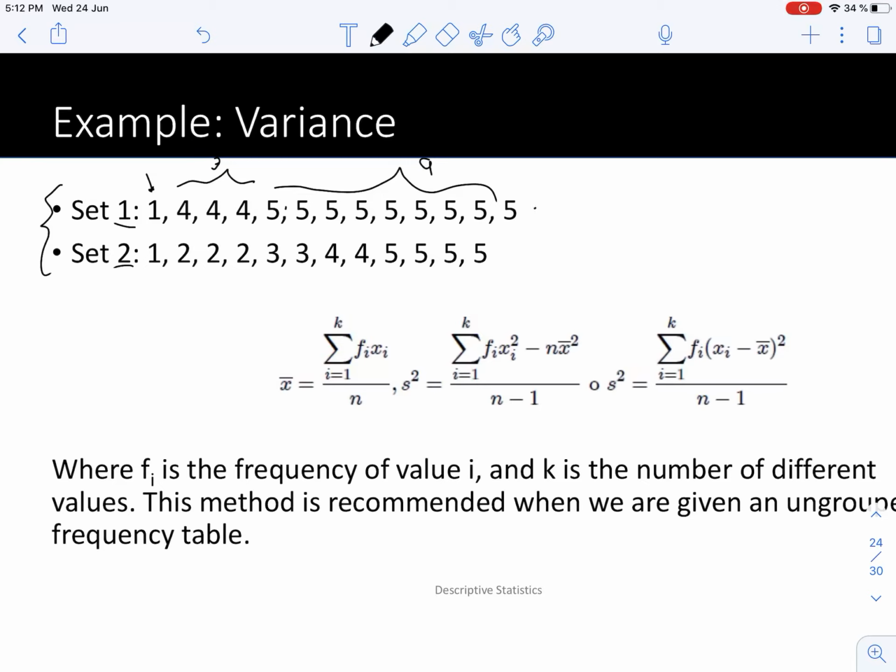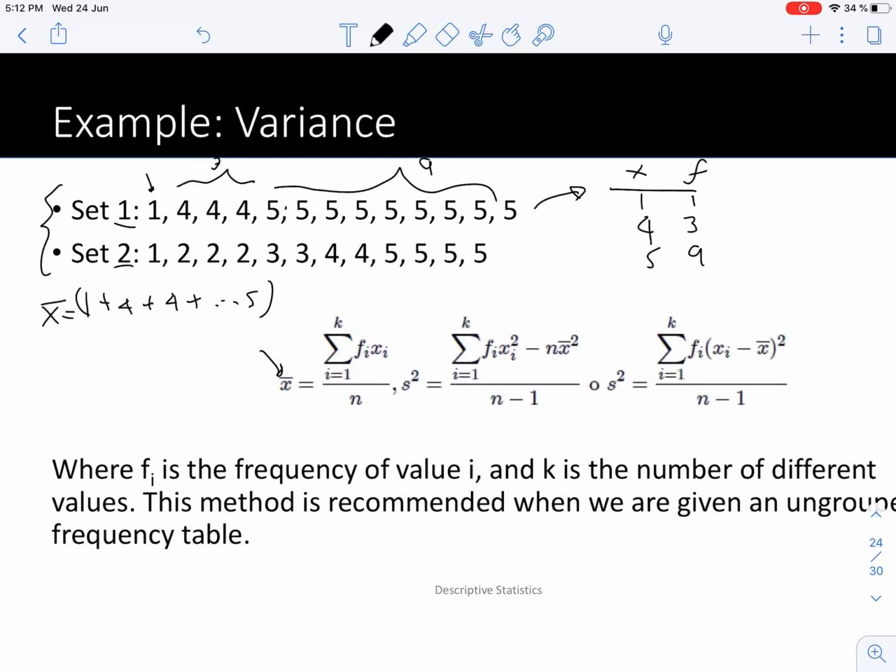It's similar to translating the dataset into a frequency table, where you have the x value, that's the outcome, so it will be 1, 4, and 5, and you have the frequencies, so it will be 1, 3, and 9. So why is that useful? Because, for example, when you're going to compute the x bar, instead of adding every single value, 1 plus 4 plus 4 plus 4 plus 5, 5, 5 until the last one, and then divide the whole thing over the number of observations,